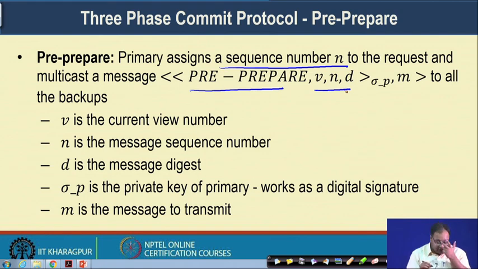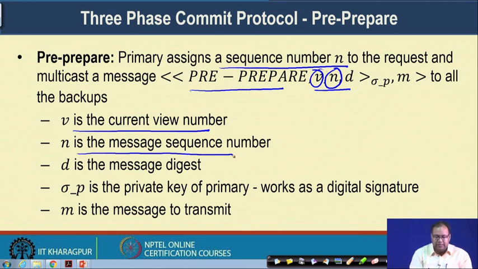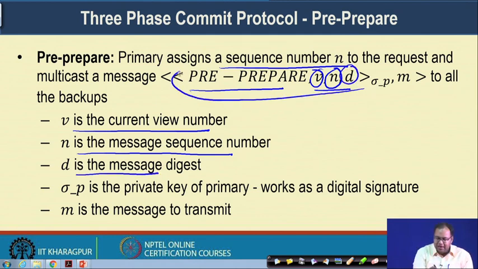Let us see what these parameters are. Here V is the current view number, so you are ensuring that the message you are going to receive is from the current view. Then n is the message sequence number that the primary has included in the message. D is the message digest, and the entire pre-prepare message is encrypted with the private key of the primary.